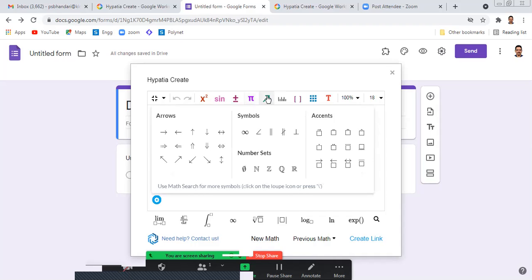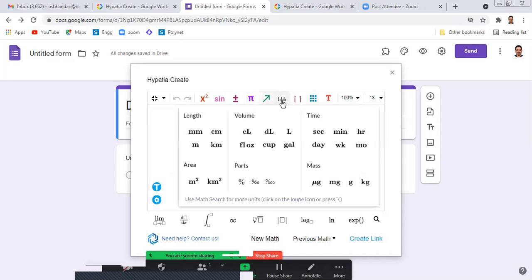Then, as the symbol indicates, arrows or symbols like infinity, angle, etc., or even accents can be added. And this icon of small and short bars is for units: length, volume, time, area, mass, which are to be used in a Google Form.